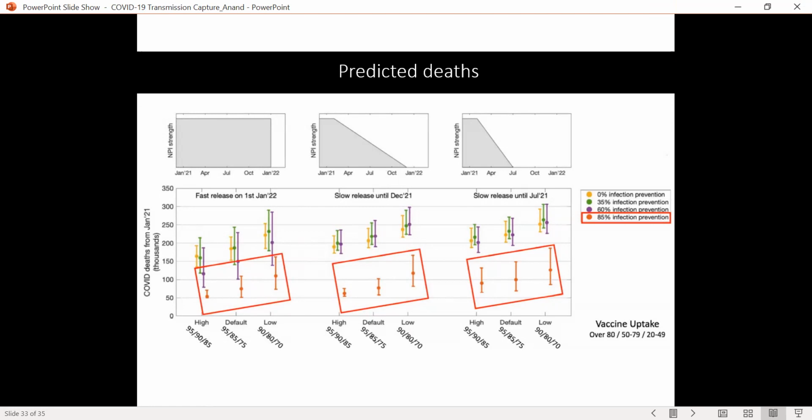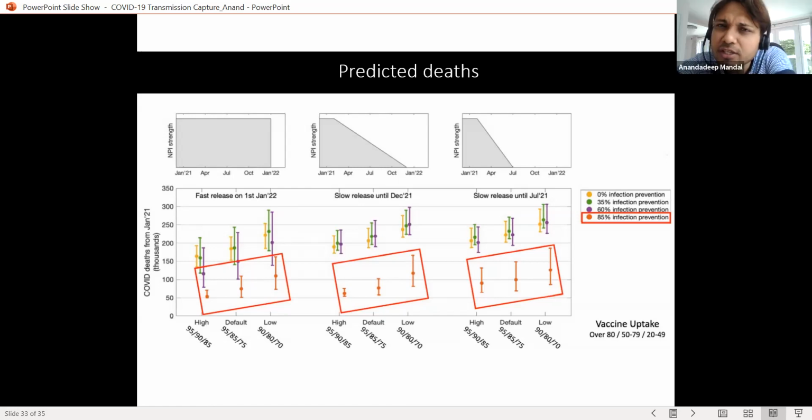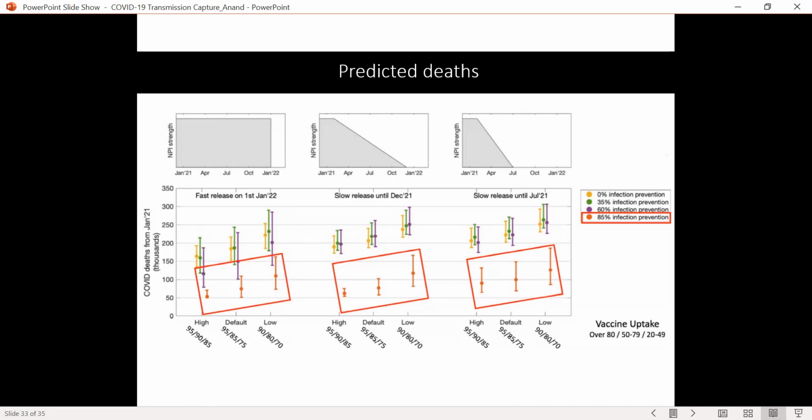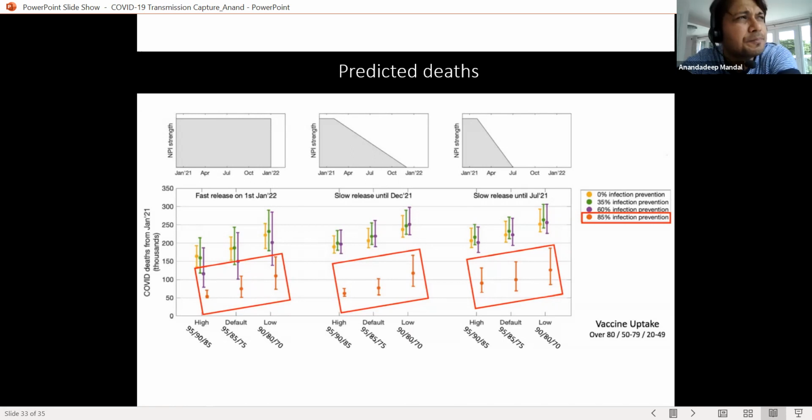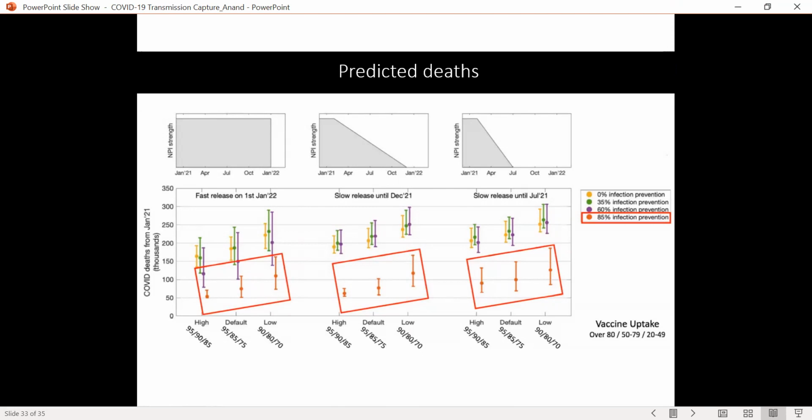One last thing I just wanted to ask. In India, they are lifting restrictions based on the positivity rate. Sorry, can you come again? In India, they are lifting the restrictions based on the positivity rate, the tests they are doing and the positive cases that have come. That's the positivity rate. But after listening to you, I think it should be based on the proportion of vaccinations done. So the limitations of the lockdown should be based on the population that you have vaccinated. Am I right? Yeah, I understand this. Correct.